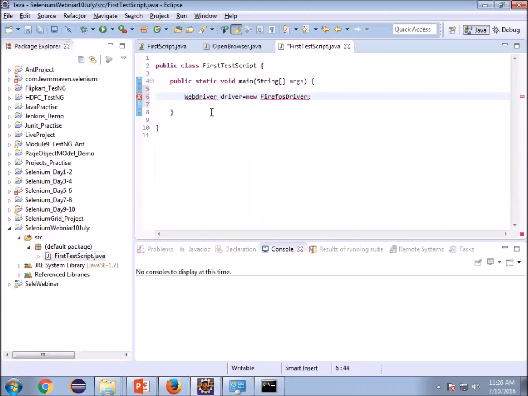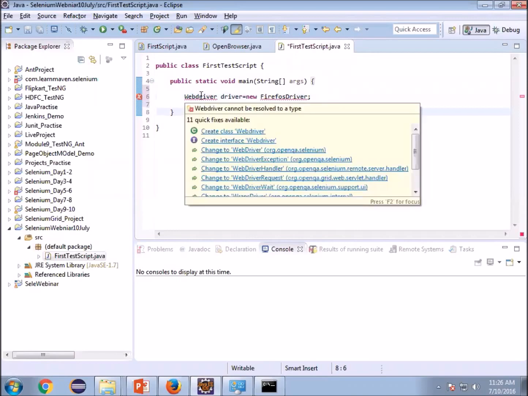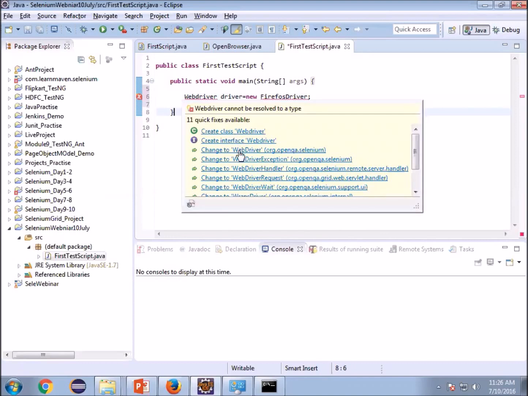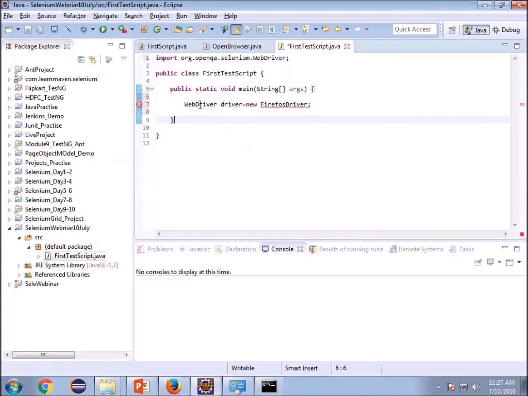It's throwing some error. Right click on it and it will say change to WebDriver. I must have made some spelling mistake, that's why. It will import the WebDriver interface from the jar which we have added to this project.